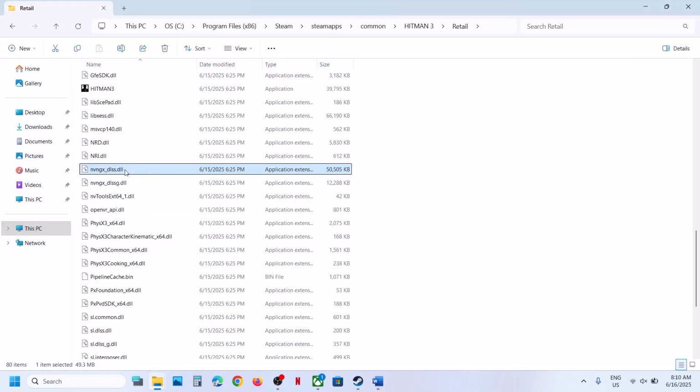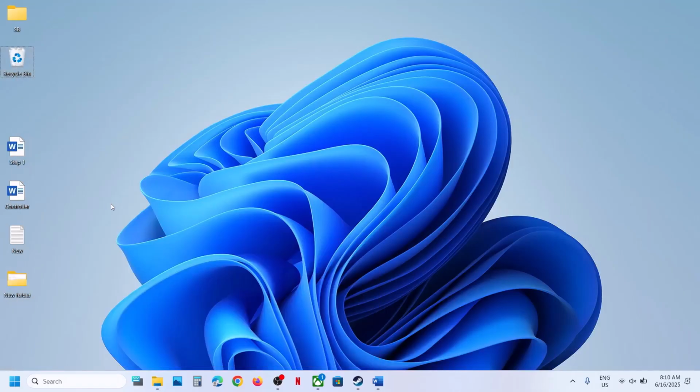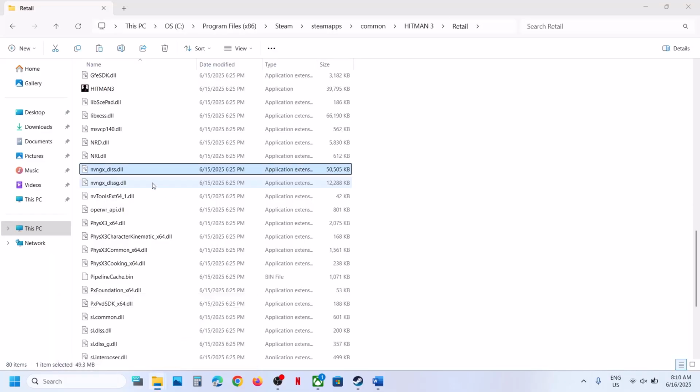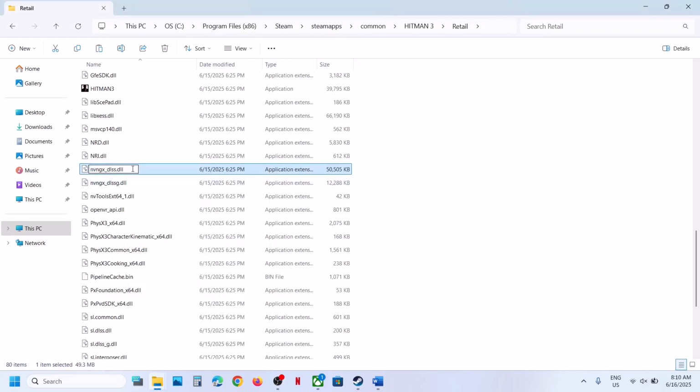First of all, copy this file and create a backup, maybe paste it to the desktop. Once you have a backup, you can either rename it or simply delete it, and then launch the game